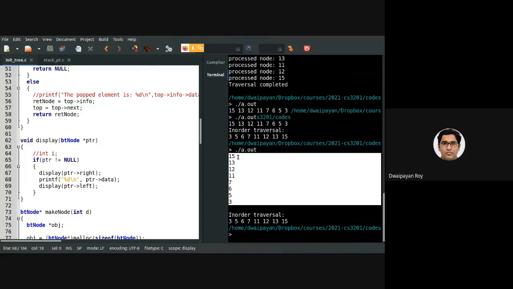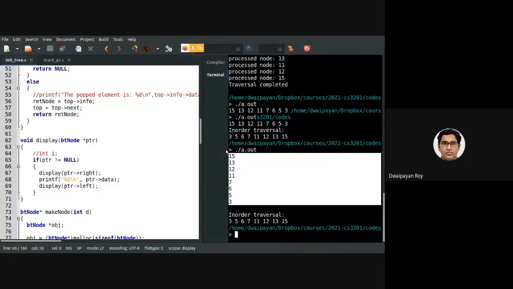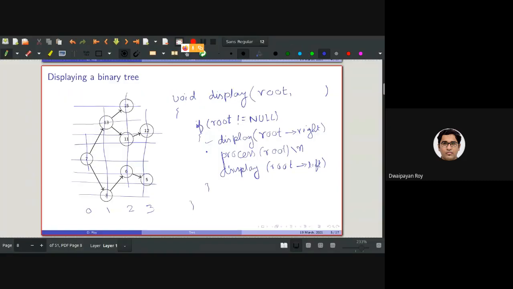Now we have printed in different lines, and we need to put some spaces to separate these different vertical levels. So before printing one value, we need to put some spaces. Can you say how many spaces should be printed here?